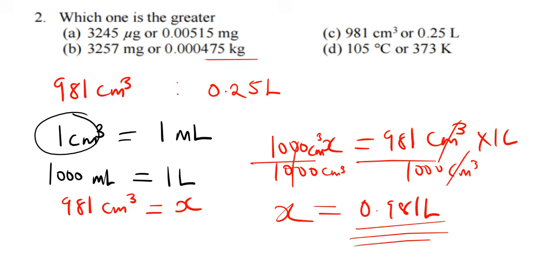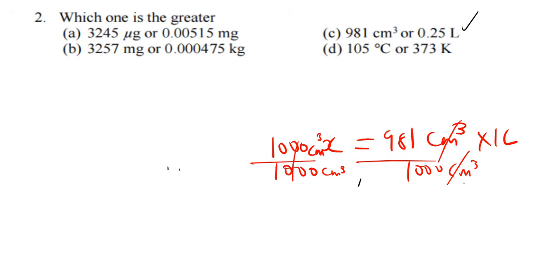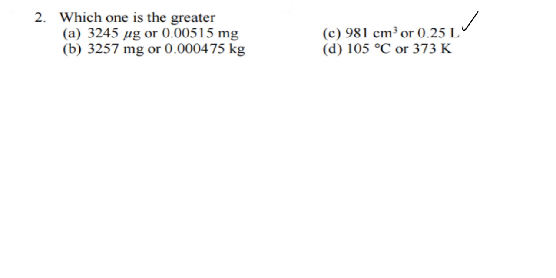Okay, that's why we have to use this conversion unit there. Okay, so we found that. Now we're supposed to compare. Here we've got 0.981 liters and here we've got 0.25 liters, and when we compare the two, you're able to see that the one we just found is the greater one. So this one is greater than the one they've given us. Then for the last one, it's just about conversions